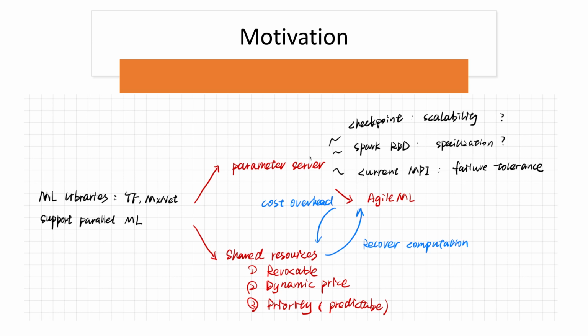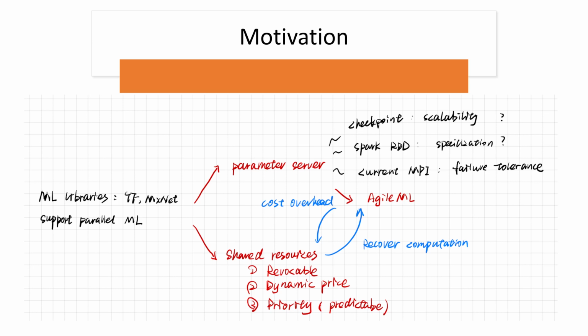In past works, there have been some investigations in this field. The first is something called checkpointing. I think it's a relatively old-style one, but the problem is that it does not scale well and is only applicable on a single machine. The second solution is Spark RDD, but in these strategies some of the specializations are excluded, so it cannot achieve optimality. It also only supports some deterministic operations. I quoted this from the paper.